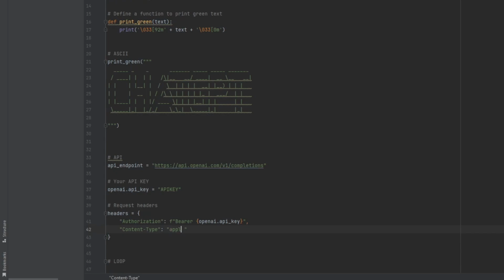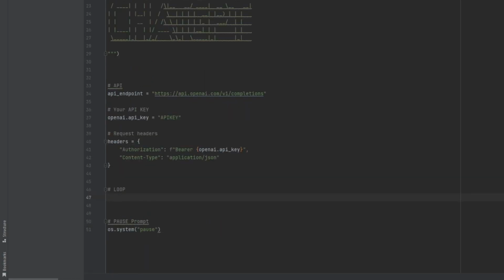Content type, application/json. This is what you need for the API running in this script. The next thing is the loop. While true,